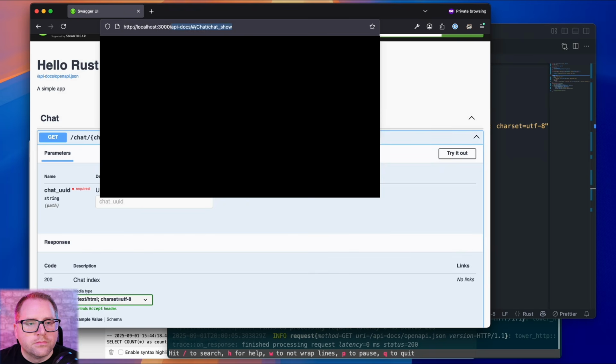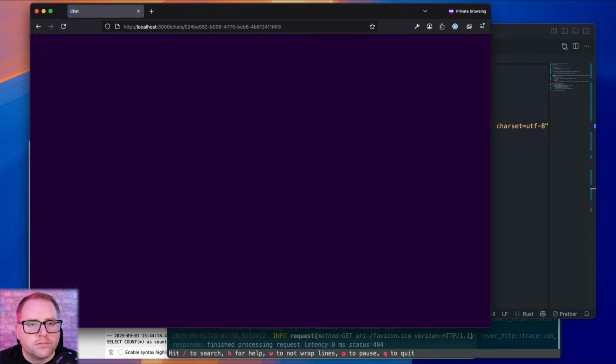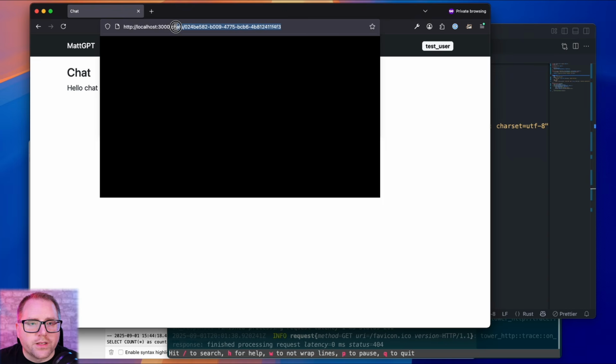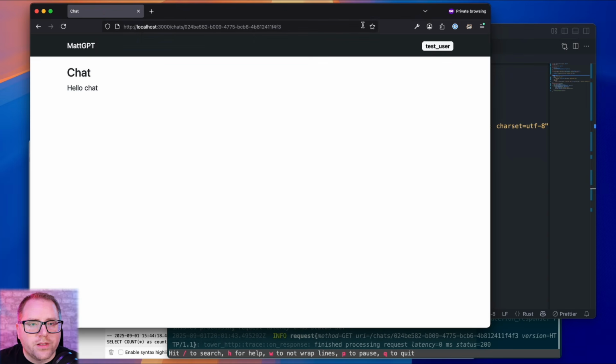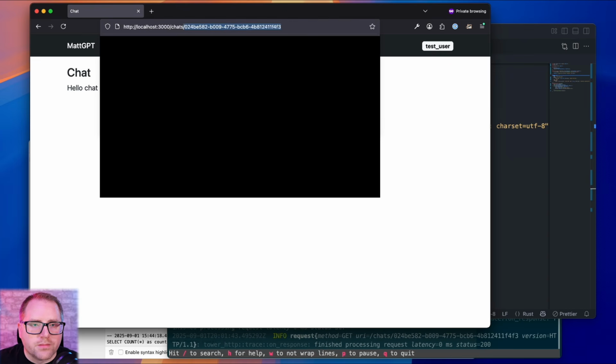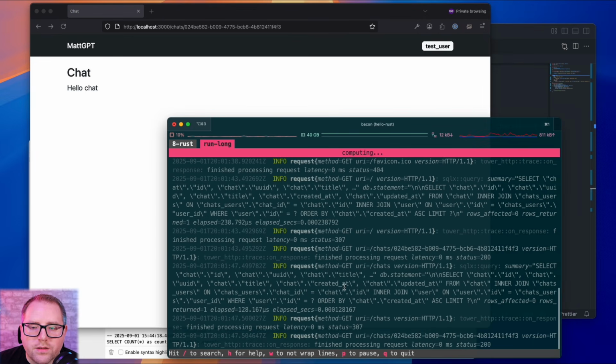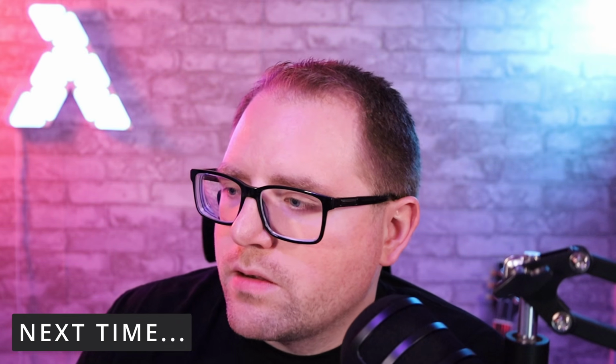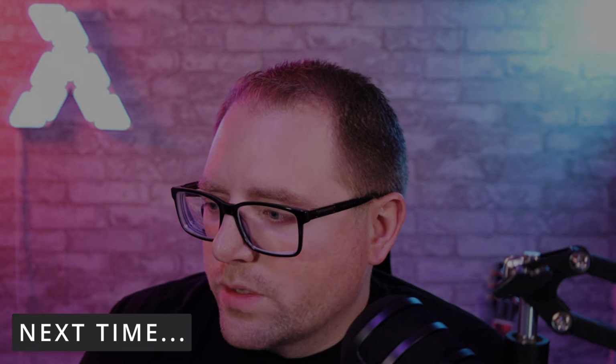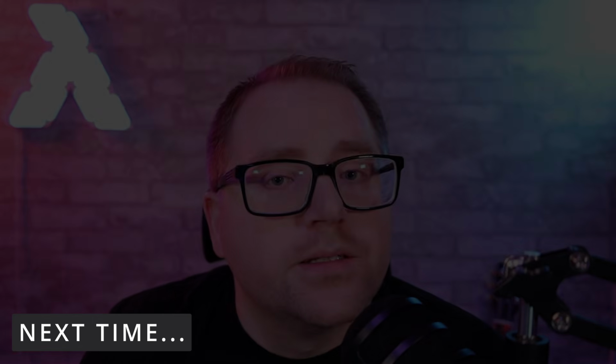So let's take a look. It happened pretty quick there, but you can see if I put in top level, it's going to redirect. And same thing for this. So it's just doing a hello message. And you can see here, this is where our trace is coming in. All right, so we've got some basic app functionality. And now let's go ahead and add an actual chat component. So we're going to bring Svelte back into the